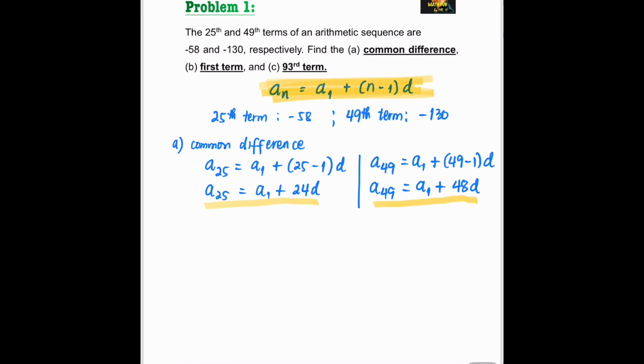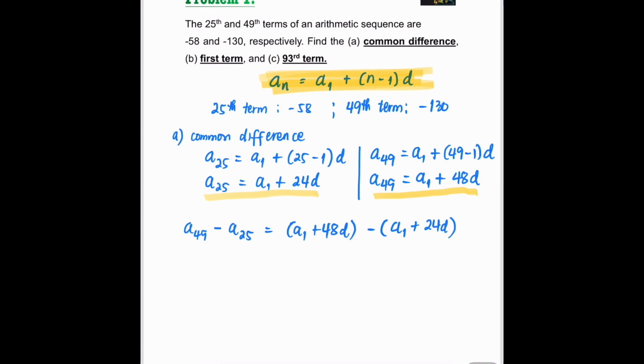All right, so we'll have a sub 49 minus a sub 25 equals a sub 1 plus 48d minus a sub 1 plus 24d. And we have to simplify. So a sub 49, the 49th term, is negative 130, minus the 25th term, which is negative 58. And then this one, we just simply copy. So a sub 1 plus 48d. And remember this one,